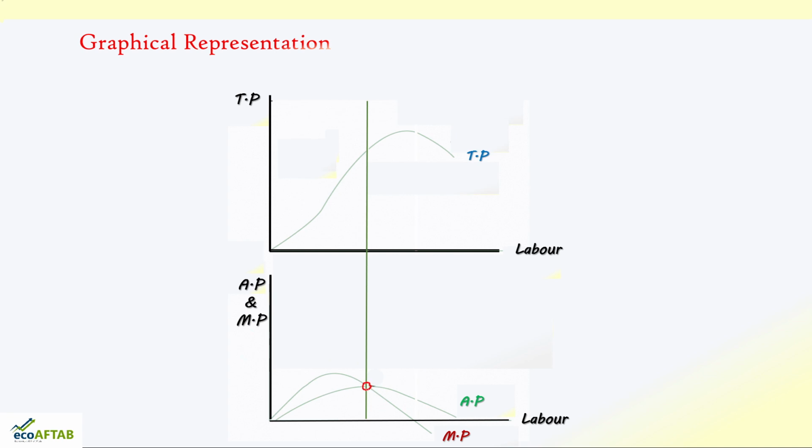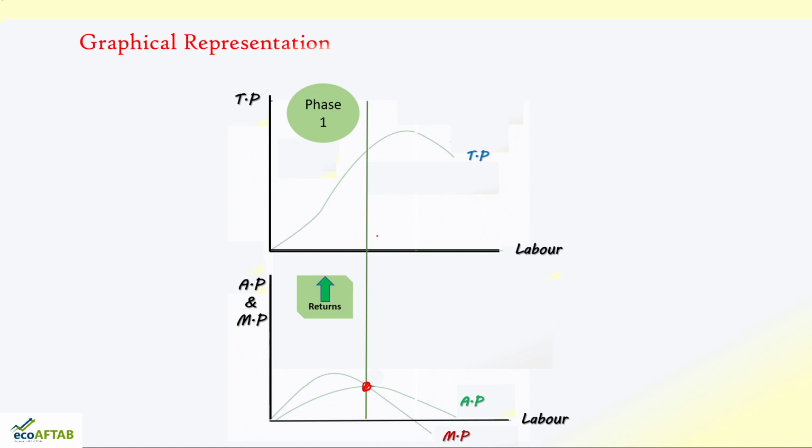So, this particular point is showing us increasing marginal productivity and increasing average productivity, and at this point we come across phase 1. This is our phase 1 of production. What it is telling us is the increasing returns to scale. Beyond this particular point, if we go on employing more and more laborers, what is happening?